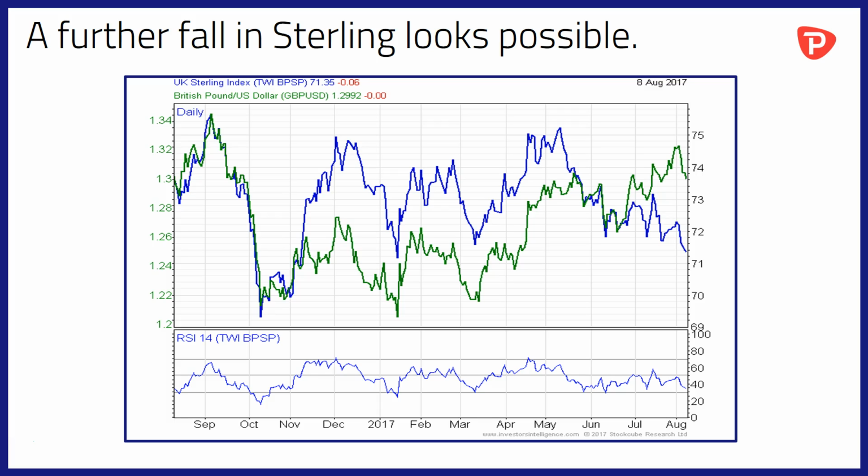Okay, let's take a look at what the potential for sterling to weaken further is. I've drawn a chart here of the UK sterling index, that's the trade weighted pound, the blue line, against the cable rate in green. As we can see, as a trade weighted currency, sterling has weakened significantly and possibly, one could say, run ahead of the rate for cable, and the suggestion here is that perhaps the cable rate has further to fall to play catch up with trade weighted sterling, which itself is testing to and through horizontal support on this chart. So keep an eye on sterling over the coming days.